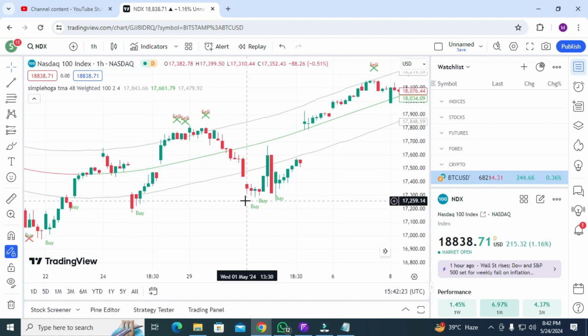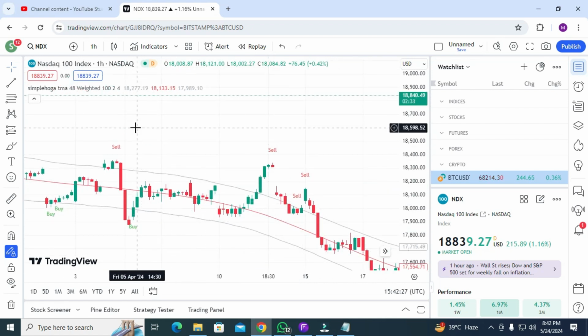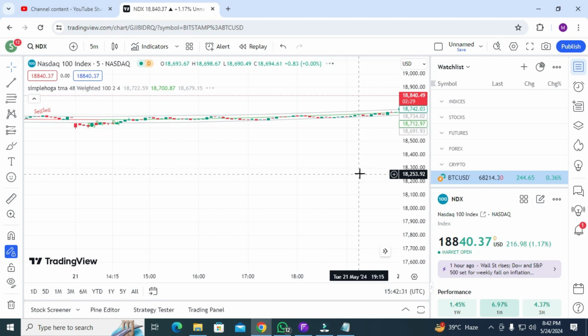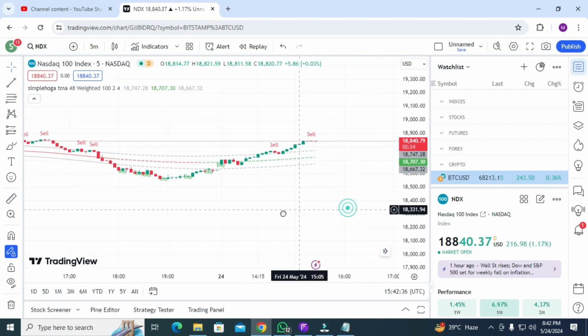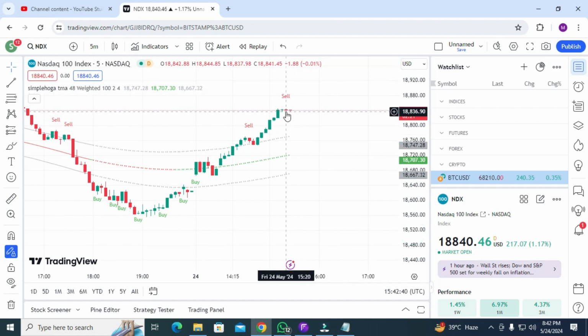This one has a perfect buy signal and sell signal, you can see. Okay, let's move to the 5-minute time frame and I will show you. Here you can see you got the buy signal, so you can see the signal will not come delayed. You got one signal, you got a second signal, and both signals give you awesome results here. When you get a buy signal, you need to book your profit.